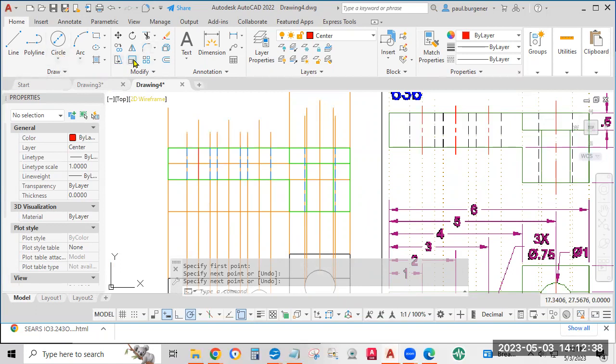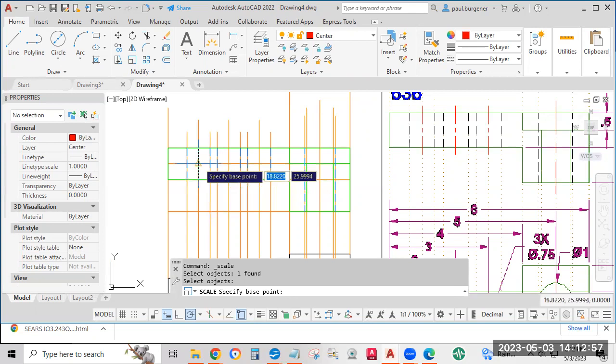Let's scale. Can I select it? Usually if there's a stack of lines on top of lines, AutoCAD will most often, possibly always, select the newest thing, like it's on the top of the stack. We'll hit enter. For base point, we'll go to the midpoint of that center line and type 1.3 for the scale factor. Okay, it's not long enough